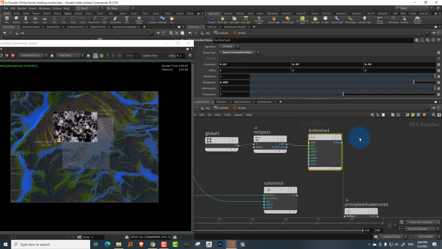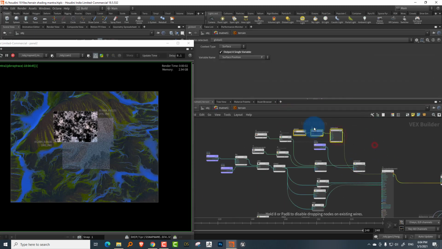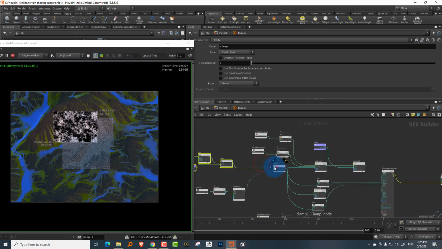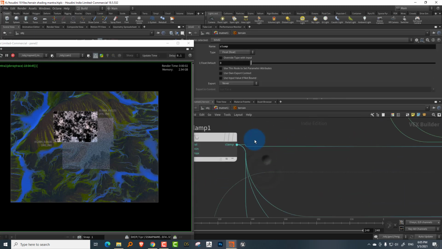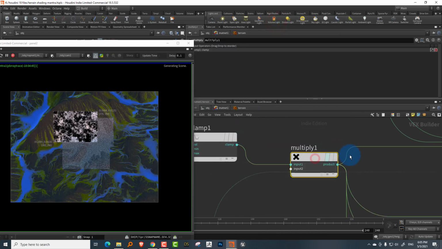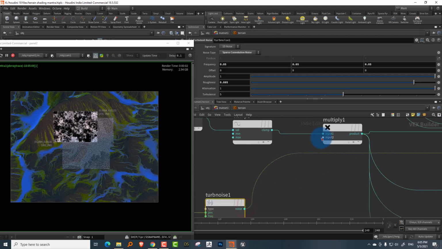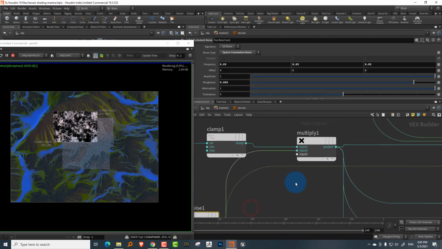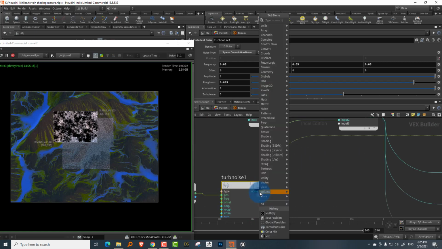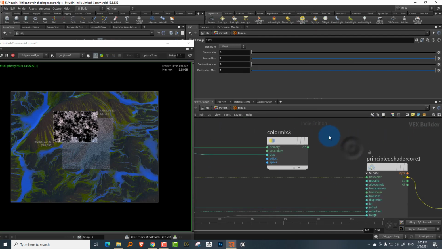Okay, and what we can try is, let's bring this back here, and I'll right click here and I'll take a multiply, and let's plug this in over there just to see what we're getting. Also, let's just right click here and take a fit range so we can adjust it. Okay, so let's bring the color back in so we'll see what we're getting.